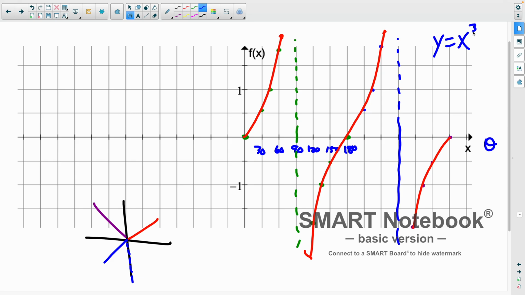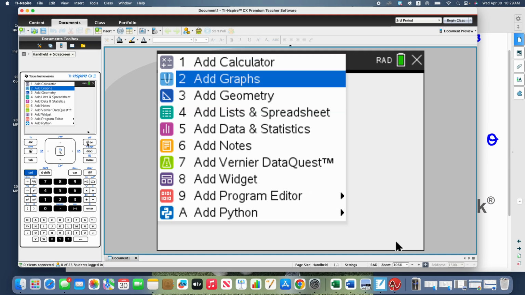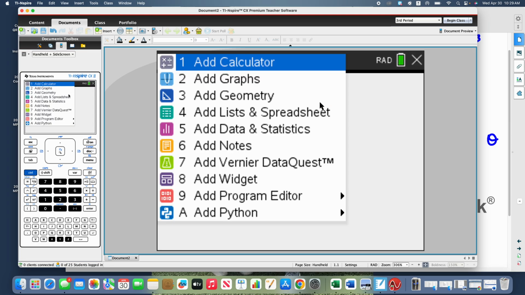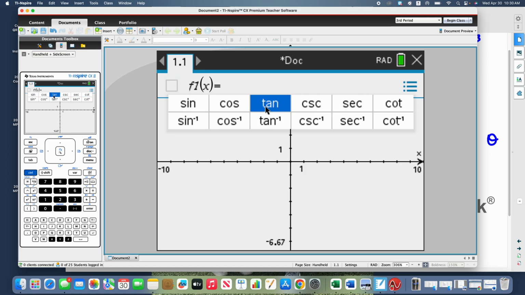All right, so let's discuss the domain and range for this graph right here. Before we discuss that, I want to do one other thing. I want to use this graph right here, and let's put it in our calculator also. So grab your calculator. I'm going to go to On, and I'm going to go New, and add a graph. Okay? I'm going to go to trig, and let's do the tangent